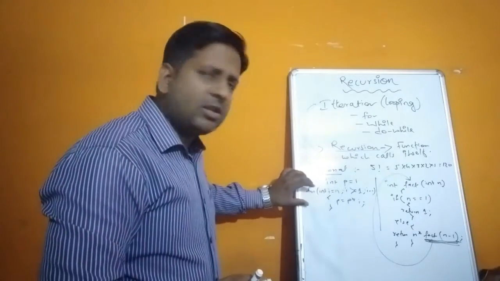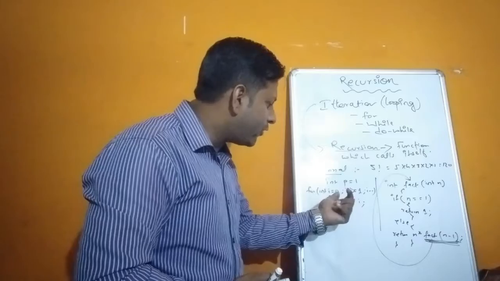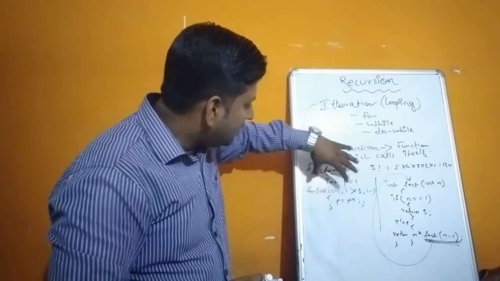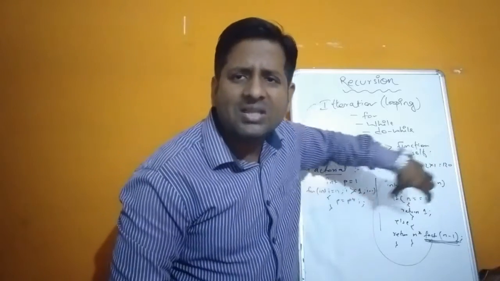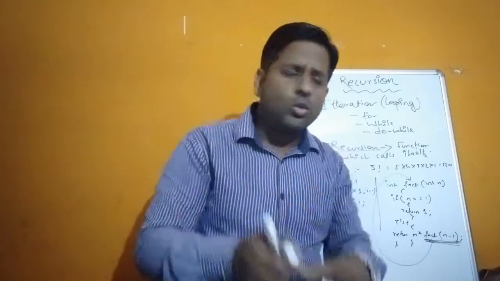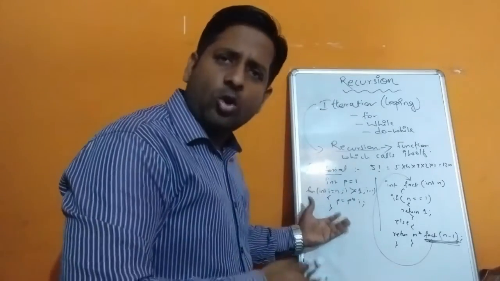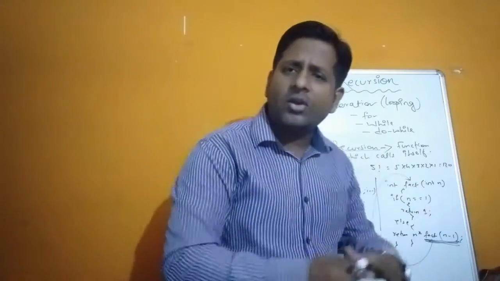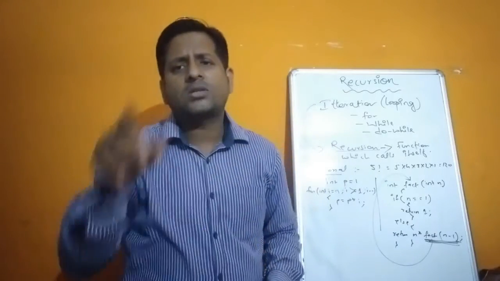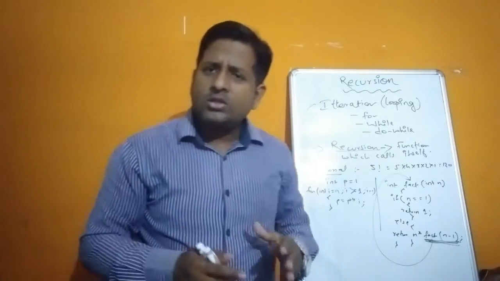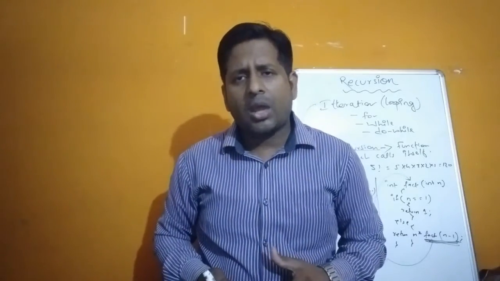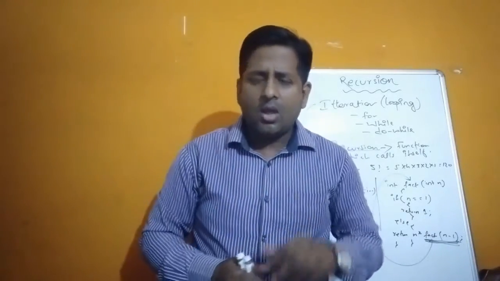Now see children, in this part we ran the loop from n to 1 in decreasing order, minus minus. So children, this part and this part both are the same, they are parallel ways. So you have the option: either you can use the iteration or looping part, or you can use the recursion part to solve a program where you find a piece of code repeats again and again. In short, recursion is a parallel way of writing iterations.